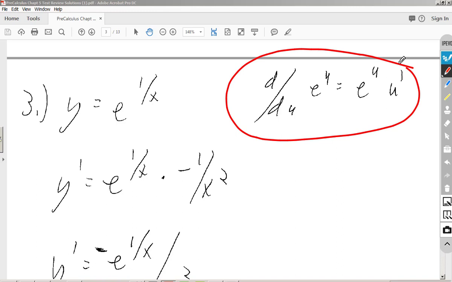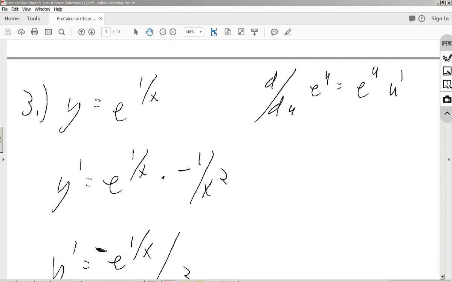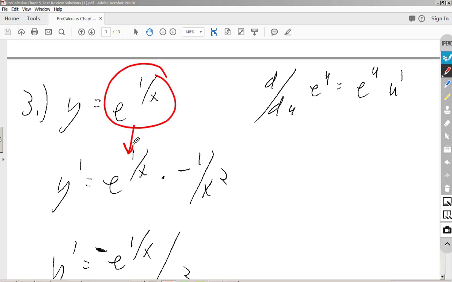So the derivative of e to the u is just e to the u prime. So once you know that, it's just actually a matter of taking the derivative of this. So here's e to the 1 over x, so that is my e to the u. So here is e to the 1 over x. All I got to do is go ahead and take u